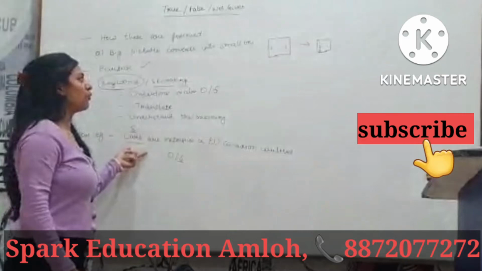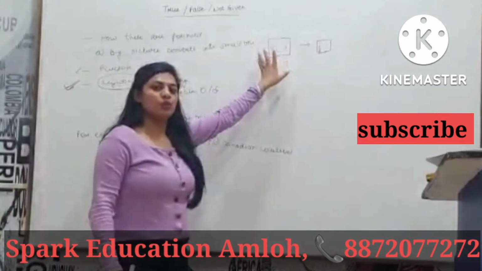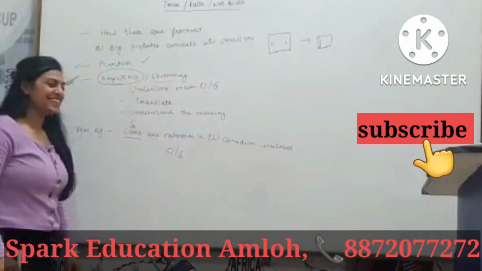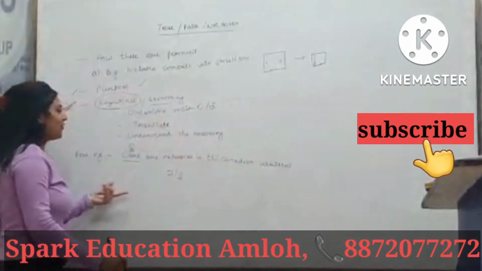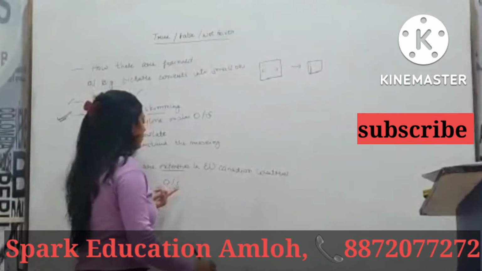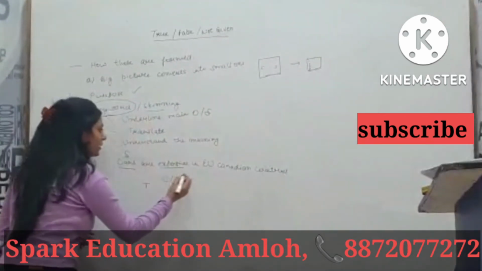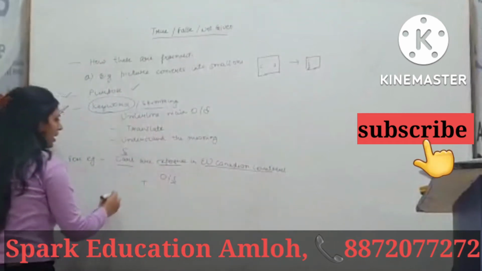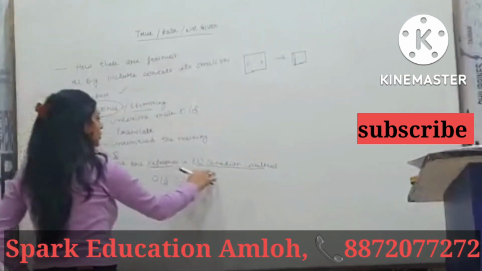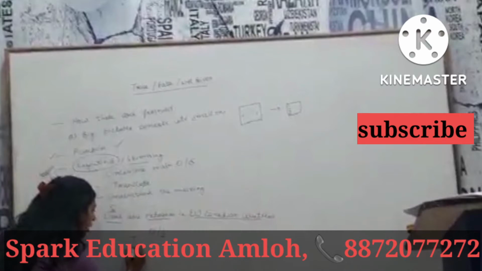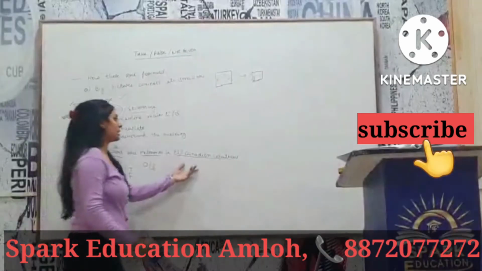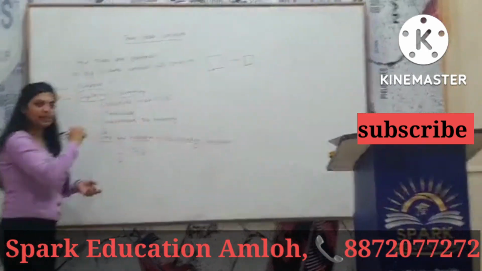All you have to do is go in that paragraph and look for the example where it is written about cars. So you go for the cars. And then you have to look for a line where it is written that cars are expensive. If it says that cars are expensive in these countries, then it is true. If it says cars are cheaper in EU Canadian countries, then it's false. If it says cars are expensive, but it doesn't say the last thing, which is the object, in EU Canadian countries, that means